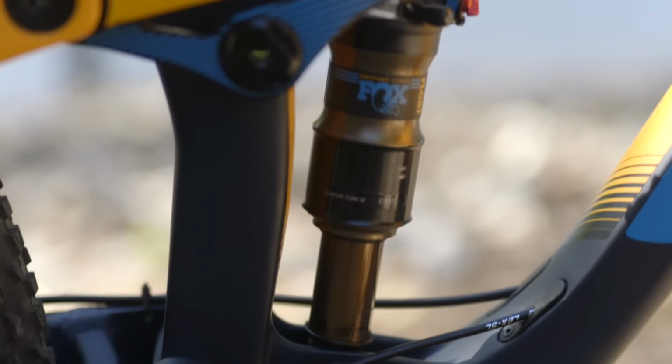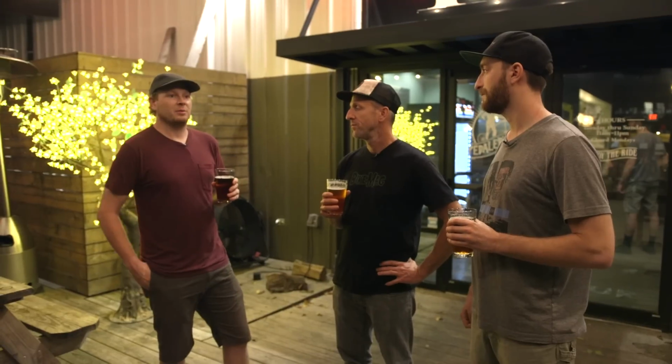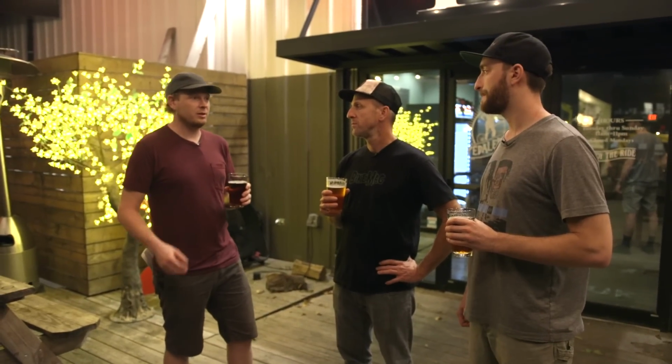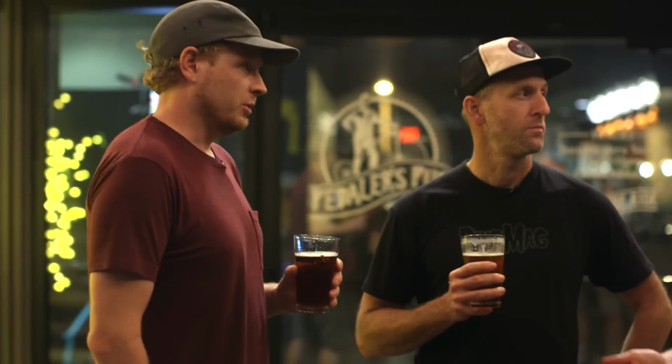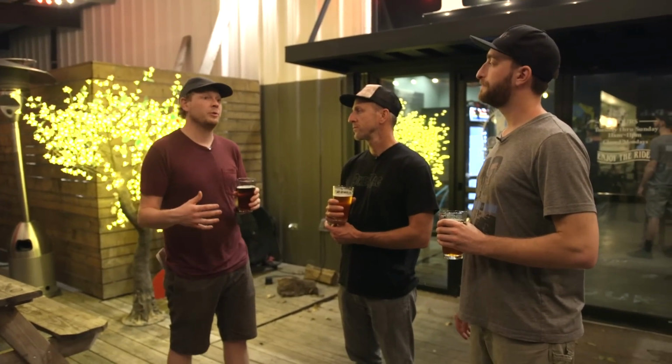It's 120 out back, 130 up front, 29-inch wheels. Carbon front triangle, aluminum chainstay. It's got pretty short chainstays, 435-ish. They're 434 in one position of the Geo and 432 in the other. So there's a low and a high, and corresponding to that, the head angle goes from 68 to 68.5,